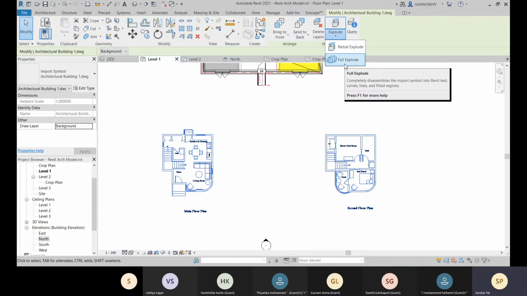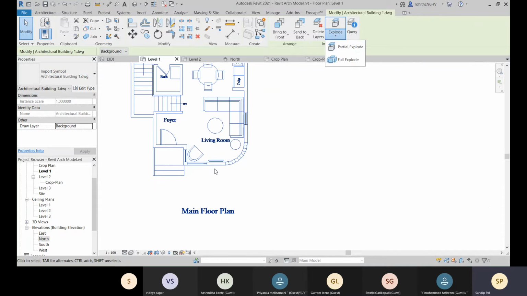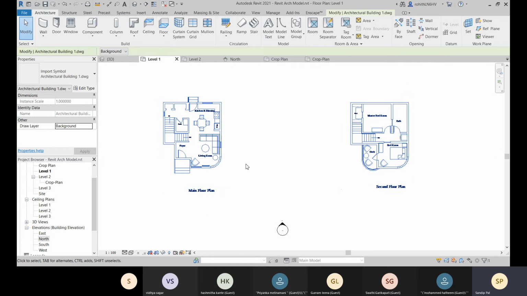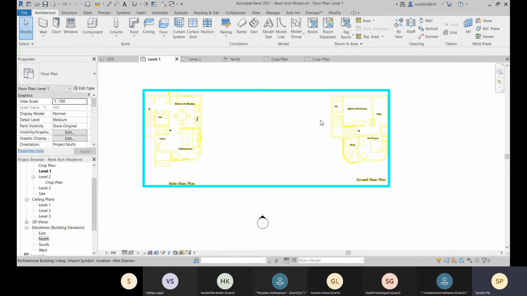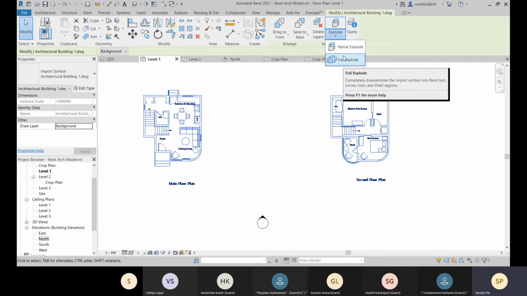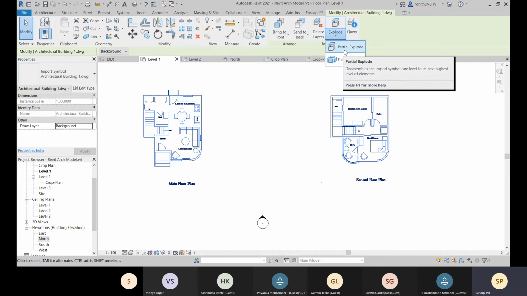If I explode this, I will have these lines as Revit components, or this model line. Alright, so this text will come up here as Revit elements, so that I can go for the selected, and if I go for this full explode or partial explode, so I can have.